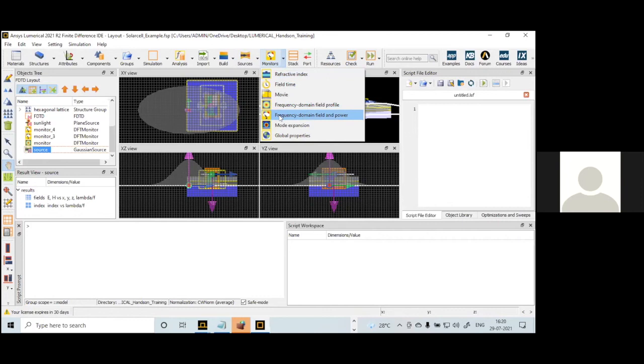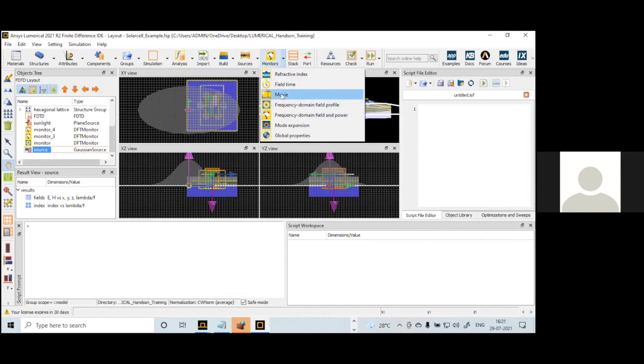Always, the overall sum of transmittance plus reflectance equals one. So transmittance will be 1 minus R, or reflectance will be 1 minus the transmittance value. Always we can find those values.